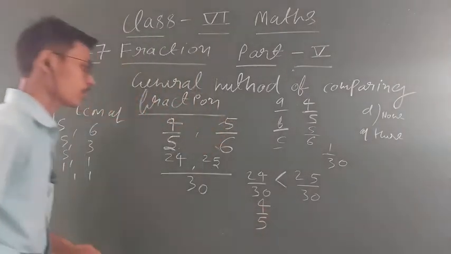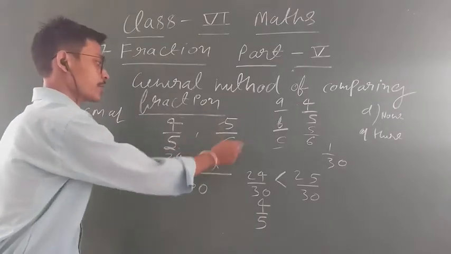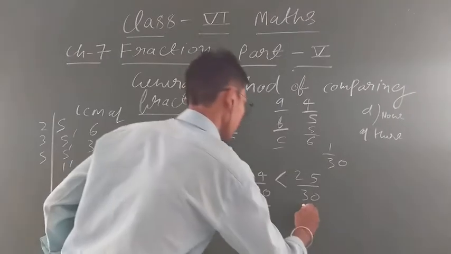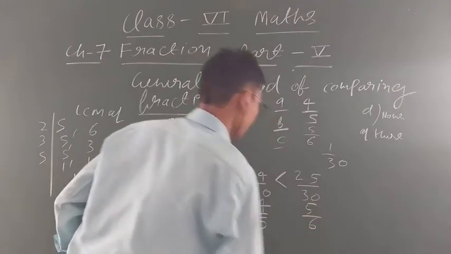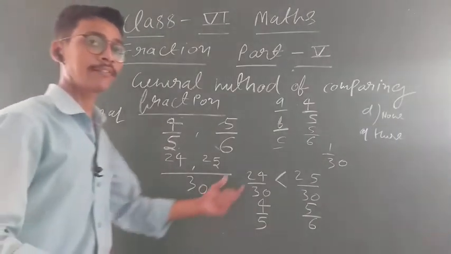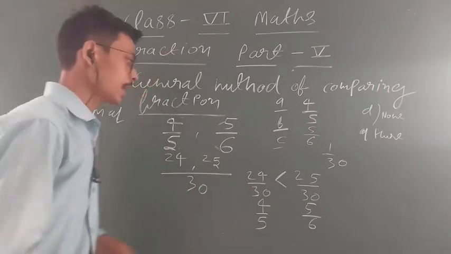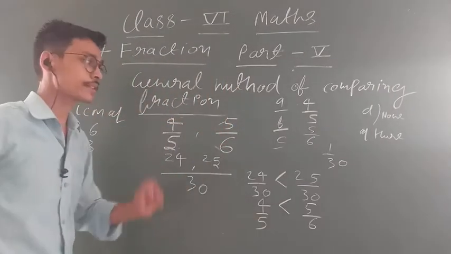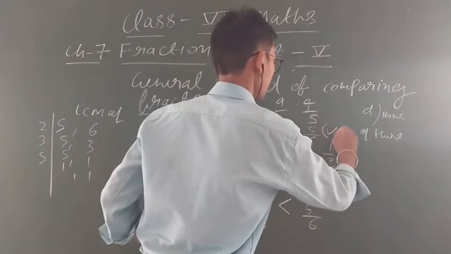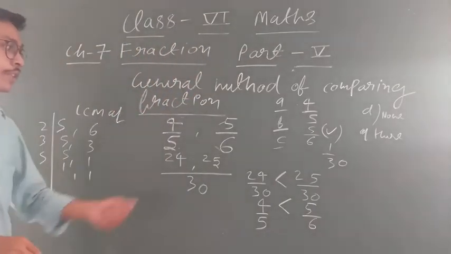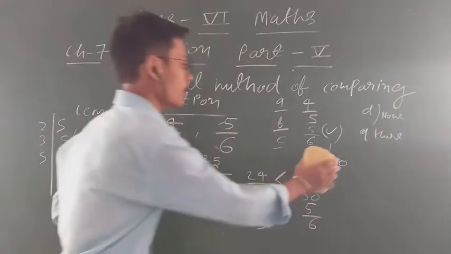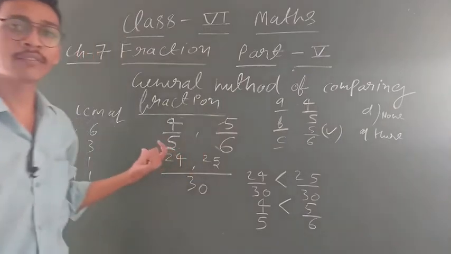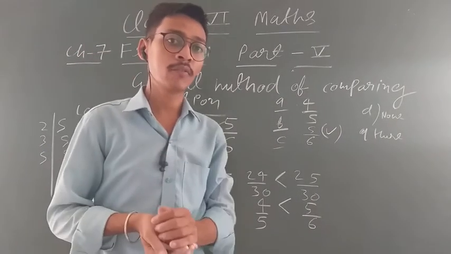Okay, student. Next, which value is written, student? 5 upon 6. So you will write down 5 upon 6. It means on the right hand side you write the right value, on the left hand side you write the left value. Which one is greater, student? This one is greater. It means 5 upon 6 is greater, so option B is the correct answer. With the help of this, you can solve this question properly. All this I have given only for your better understanding.